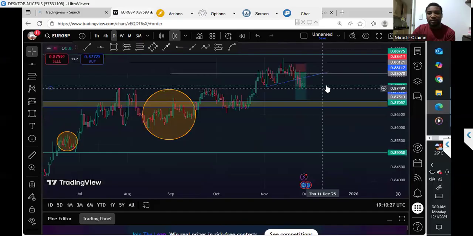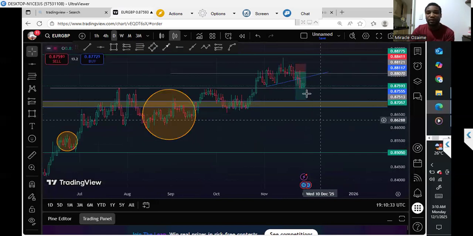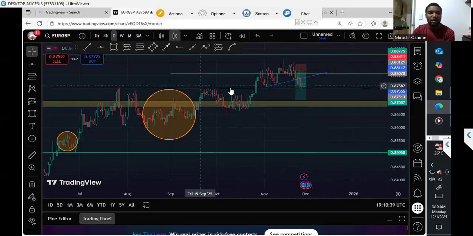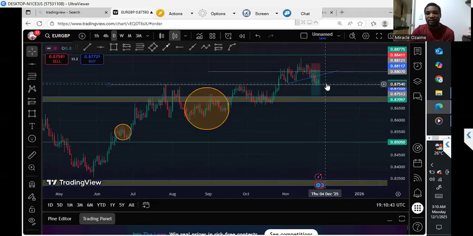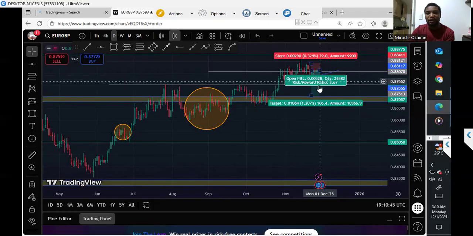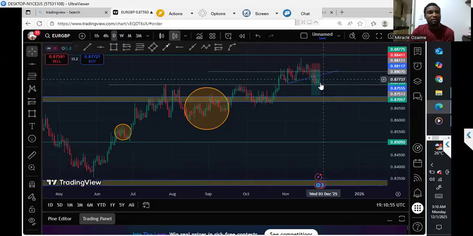And my first take profit was this level, and my second take profit was this level, as you can see around this area. I saw a rejection around this area, so I just took profit because the market can easily reverse. It's been consolidating for 2 days around this area. I don't know. If the market breaks this structure here, then we are going to see a retest of this level. But if the market consolidates like